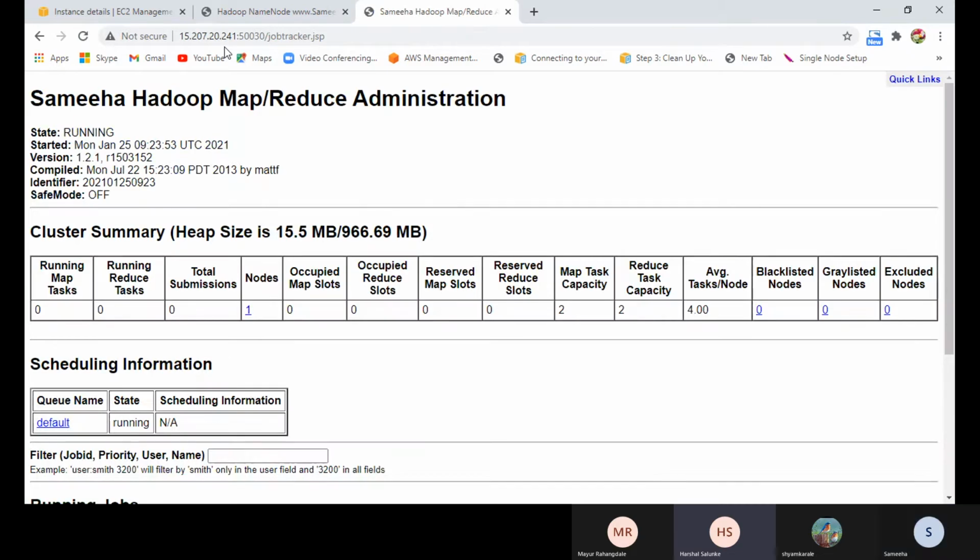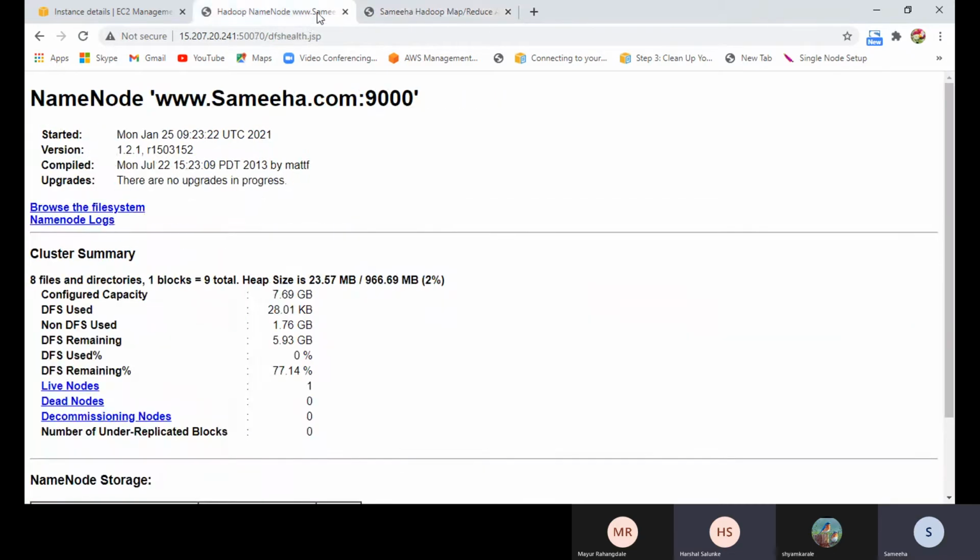Samya, can you please go back to the name node screen? Sam, you are going to tell us about DFS use and non-DFS use. Actually, we are using a normal machine, a single node cluster, which is T2 micro. In T2 micro, the cluster summary shows the limitations and storage of the file. We have a DFS file used of 28.01 KB, which we got once we made some changes in the file.